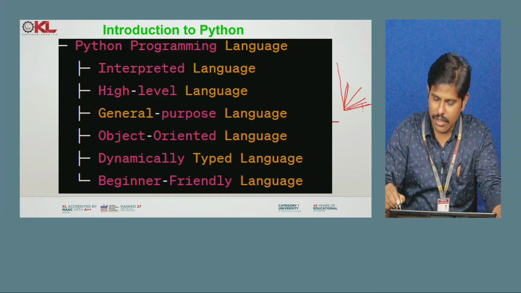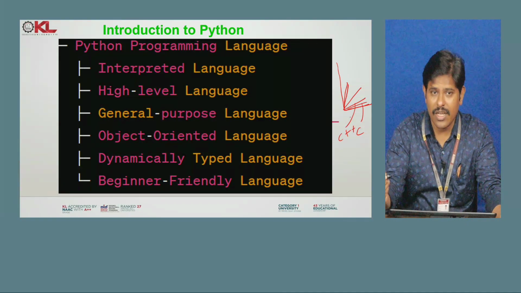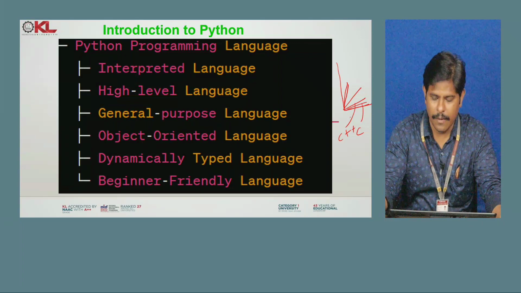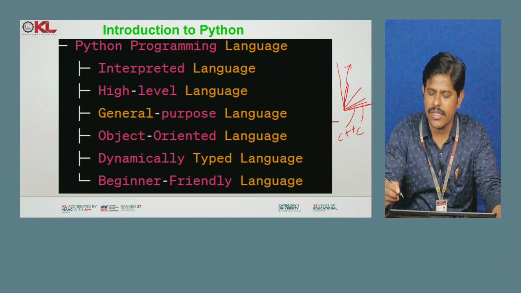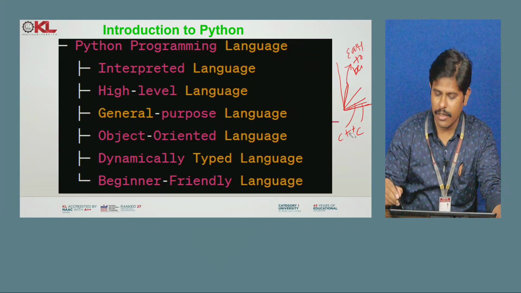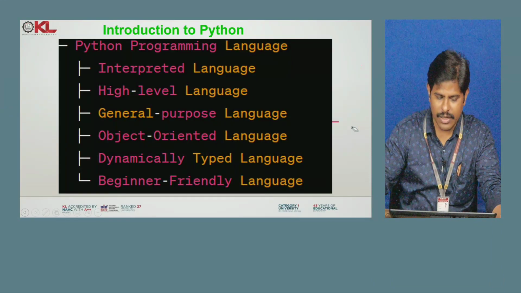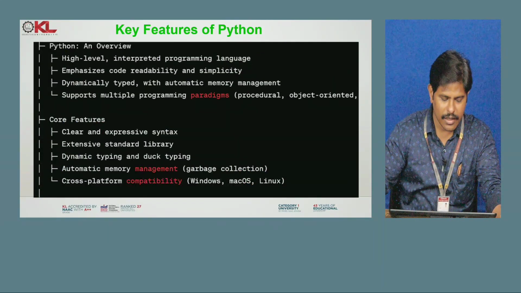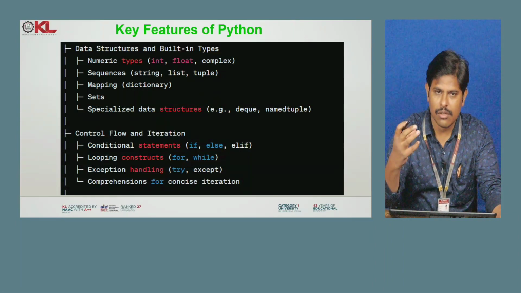So when you take C or C++, the time taken for picking up the language is very long, whereas with Python, within a few weeks itself you can pick up the language. So it is easy to learn, and it is a beginner friendly programming language. So these are the general features of the Python programming language. And coming to the other core features that